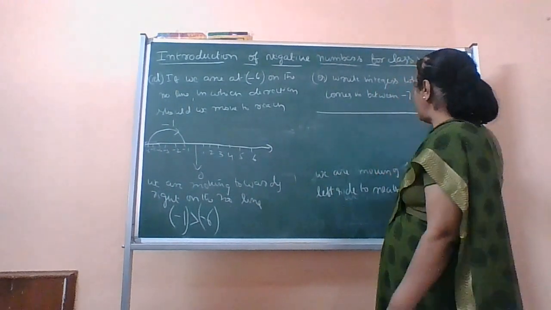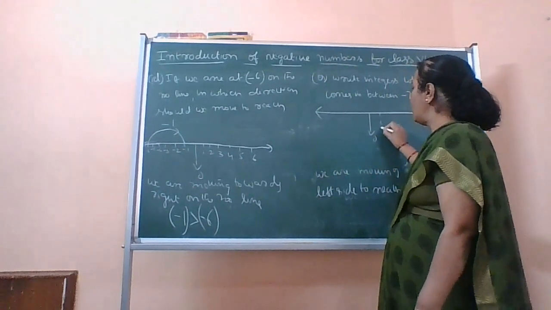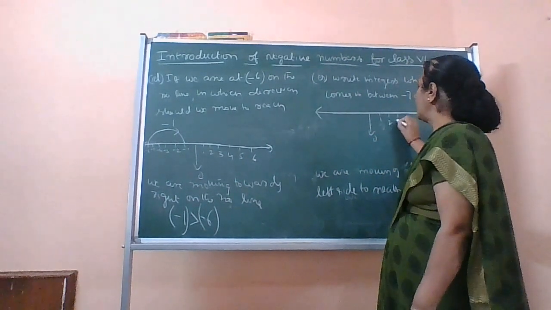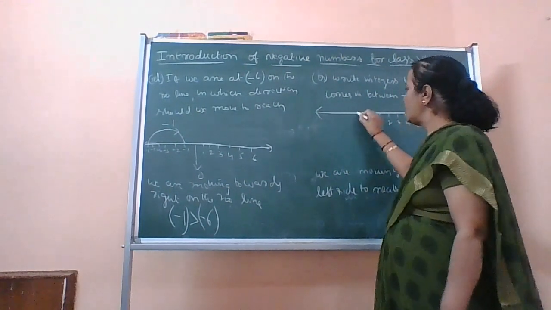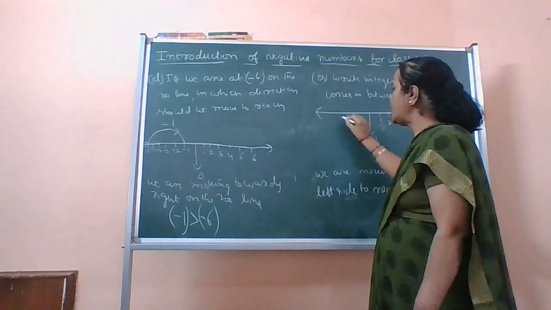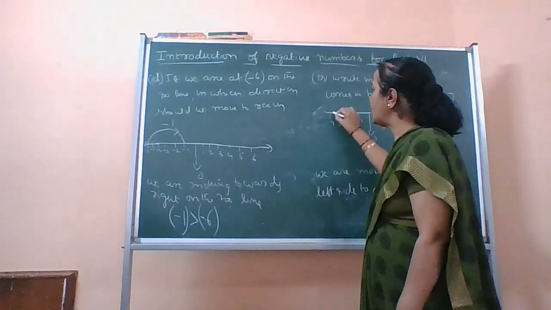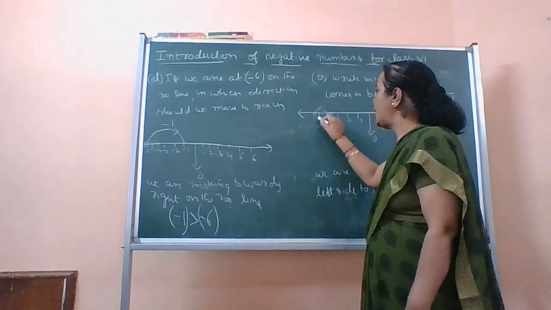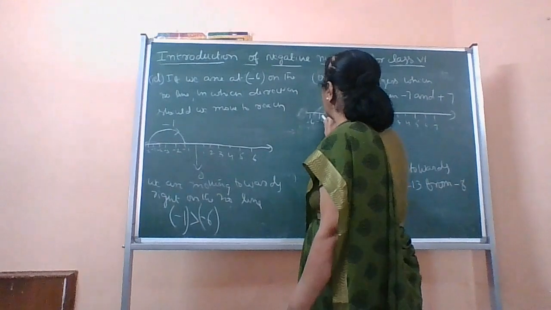Draw the number line. 0 here, 1, 2, 3, 4, 5, 6, 7, minus 1, minus 2, minus 3, minus 4. Make it a little longer. And then minus 5, minus 6, and then here